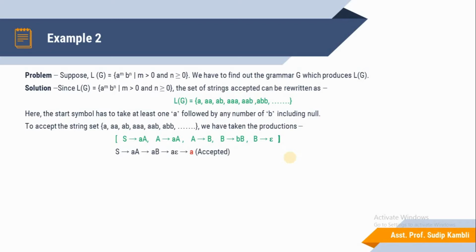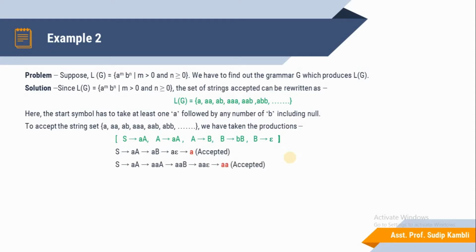So small a is attached to the non-terminal symbol capital B. The last production rule is B derives epsilon, which is accepted. Epsilon is a null string, so aB with epsilon attached gives the null string. So the single a is accepted using those production rules.